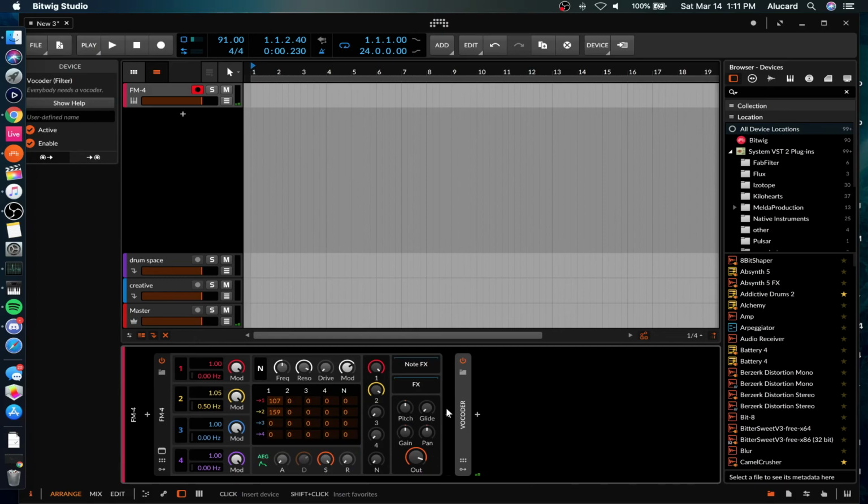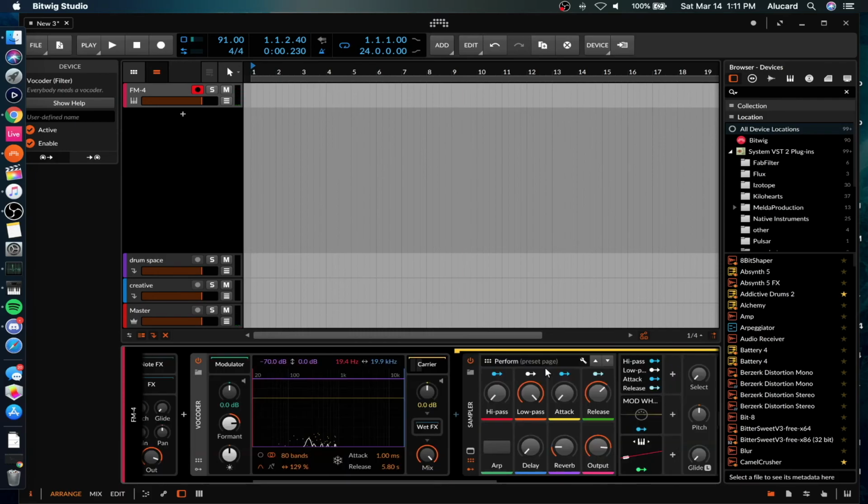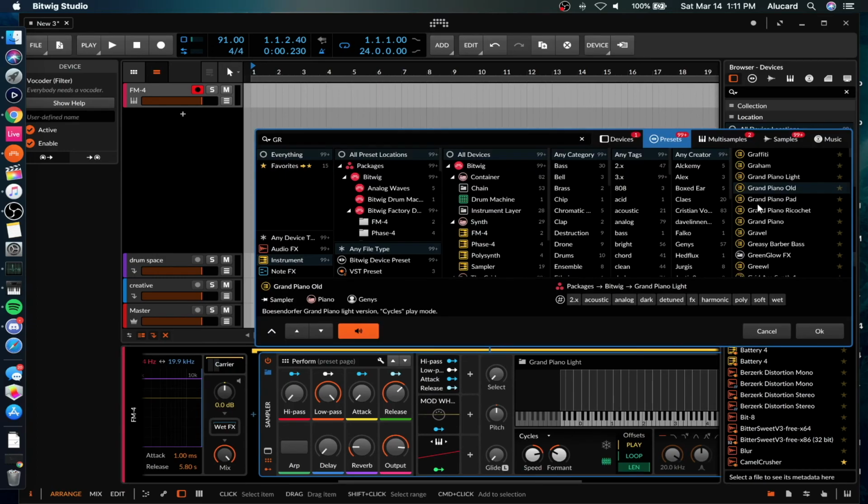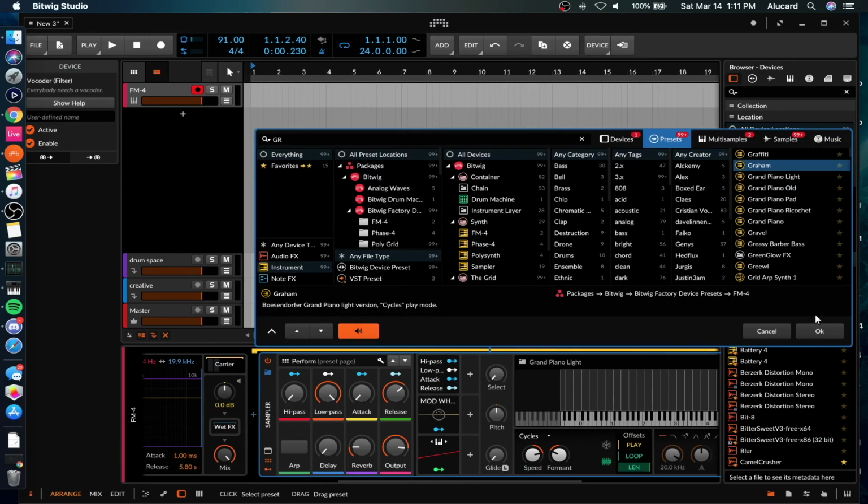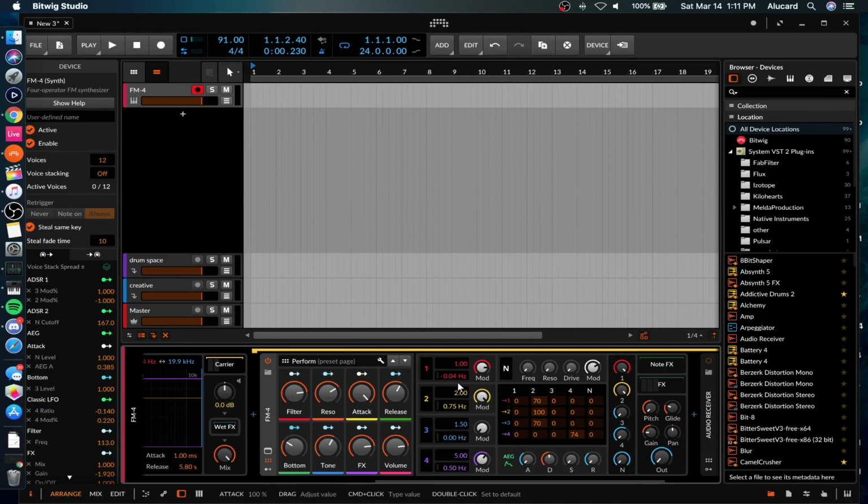So you can create some really interesting textures with that. And the carrier can be anything that you want, but having some different choices like that can potentially be super interesting to you. I typically just use the noise, but